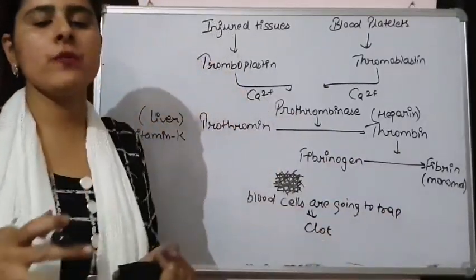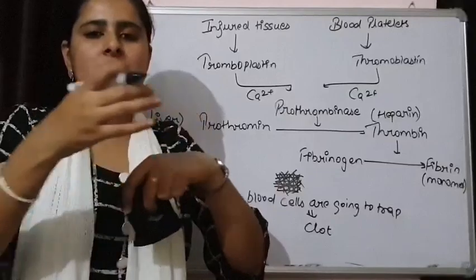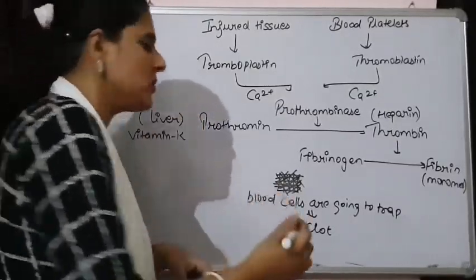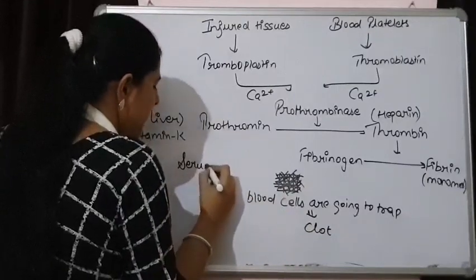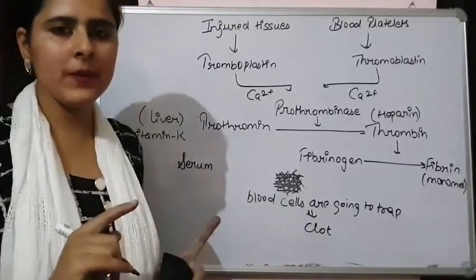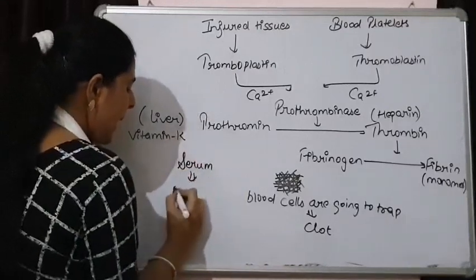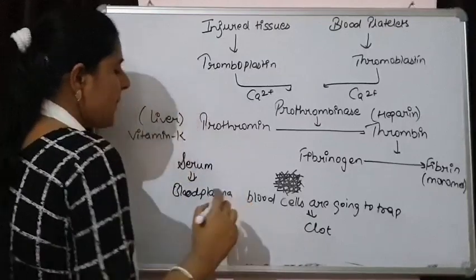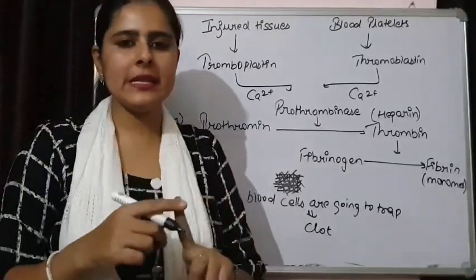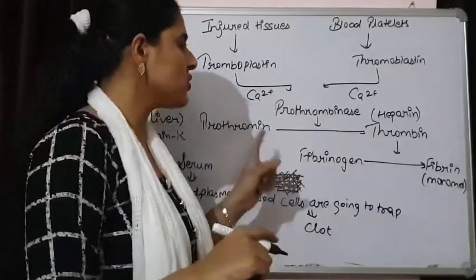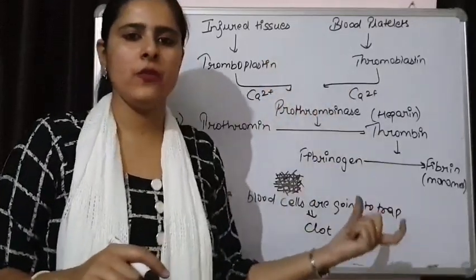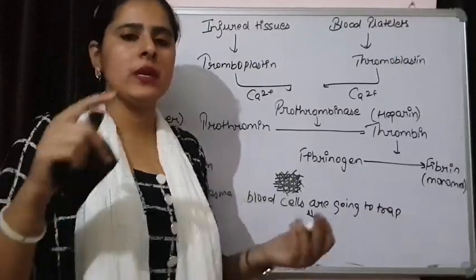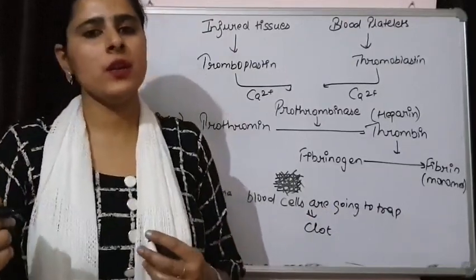After the formation of the clot, a pale yellowish liquid starts moving out, and that pale yellow liquid is known as serum. Why are we calling it serum? Because this is the blood plasma that is moving out, and it does not have cells or corpuscles, plus it does not have the blood clotting factors. So serum is blood plasma that is devoid of blood cells and the blood clotting factors.